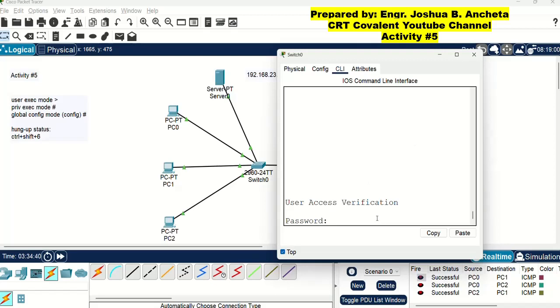Any letter, then press enter. It will show again the word password. That is the case if you enter a wrong password. I will now enter the correct password and press enter. So we can now enter the user executive mode.